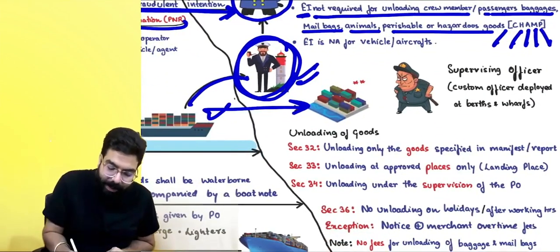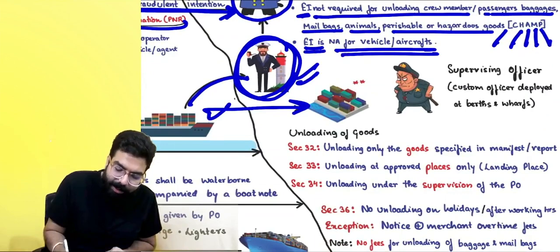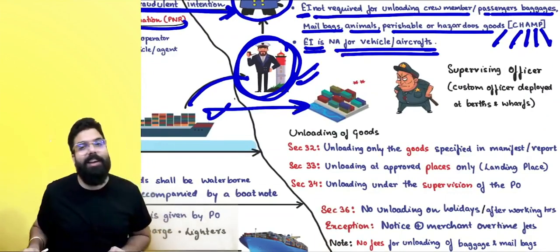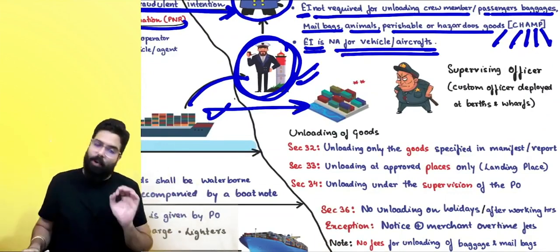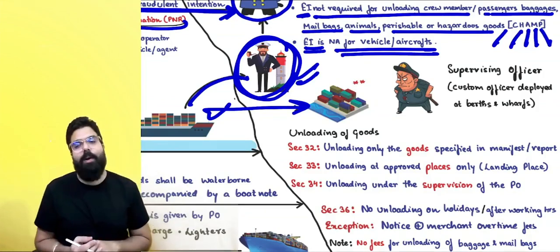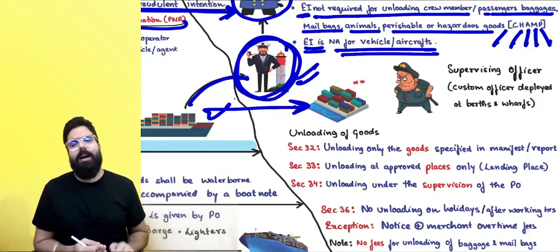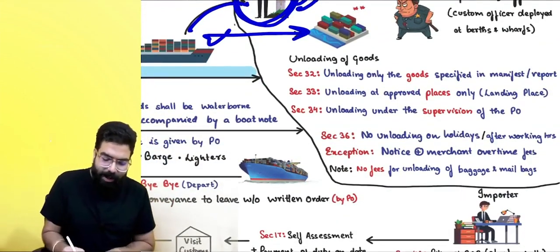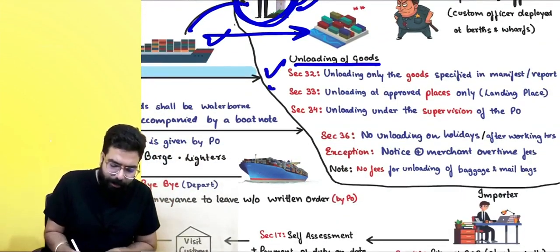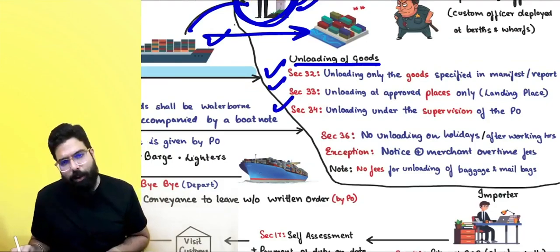Okay sir, entry inward is only applicable in the case of a vessel. It is not applicable in the case of a vehicle or aircraft. Okay sir, I have got the entry inward in the case of a vessel. Now unloading will start. So sir, for unloading of goods, sections 32, 33 and 34 will come into the picture, which